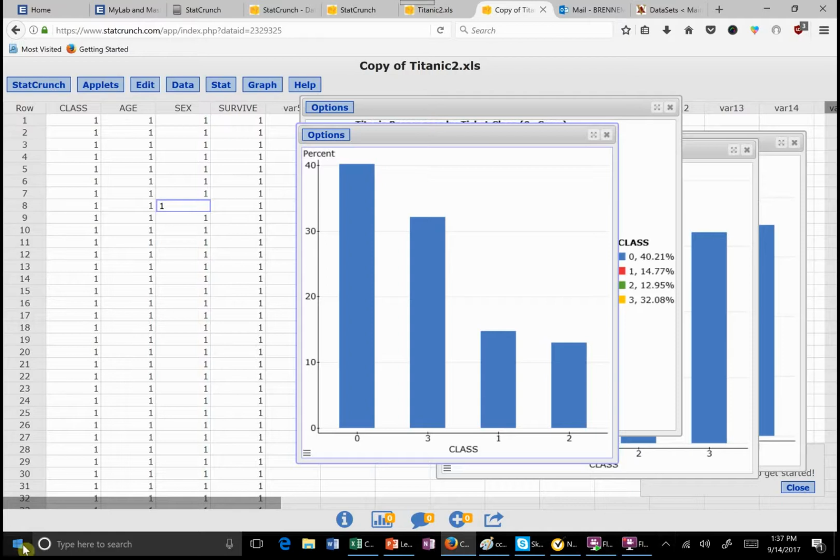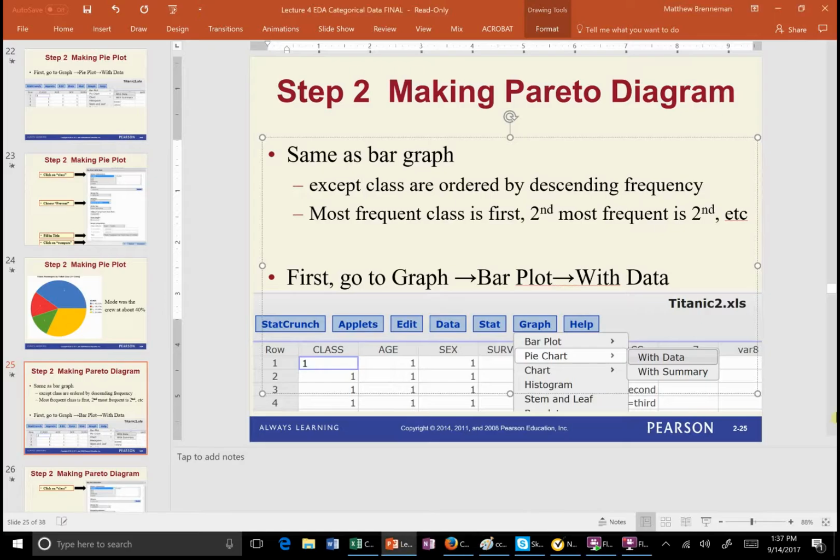Any questions on making any of the plots? You have to do this for the homework. You have to be able to identify it for the homework. Everybody's good? All right. So